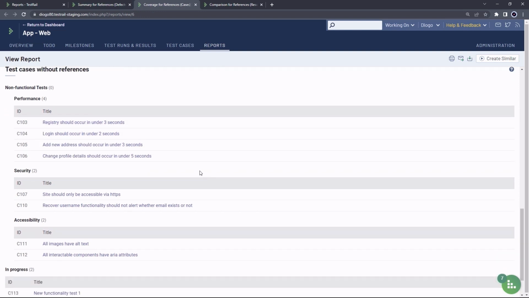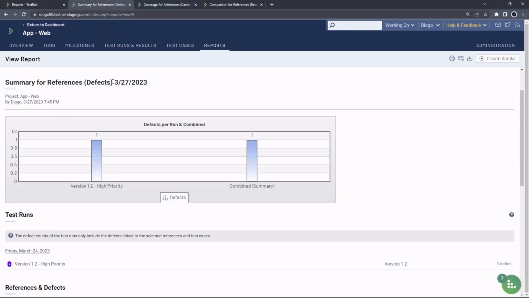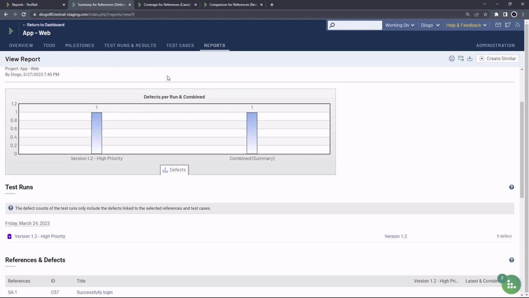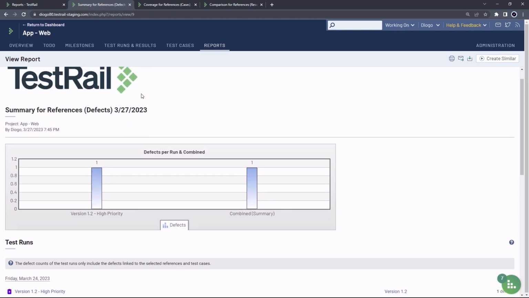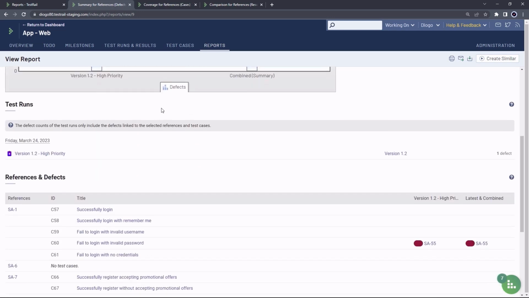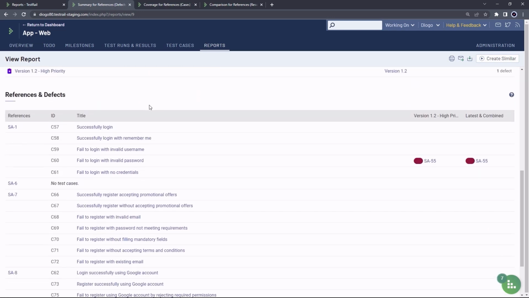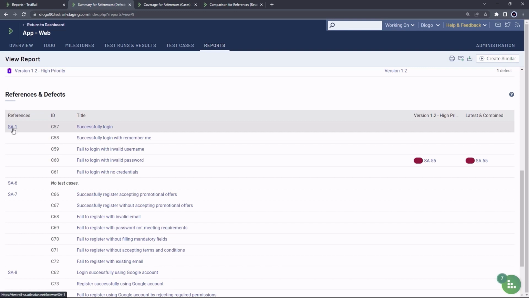So we probably should add a reference, say that these tests are covering a certain user story. And finally, an example of a defects report. So this defects report is the summary for references. So once again, we are going to see the defects by reference, and we have our table with the references